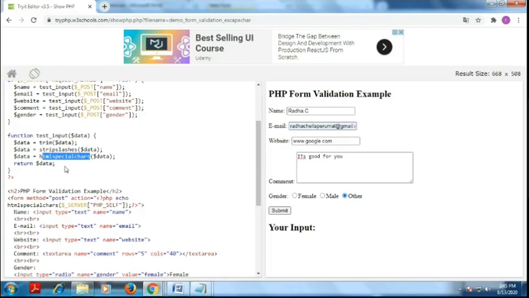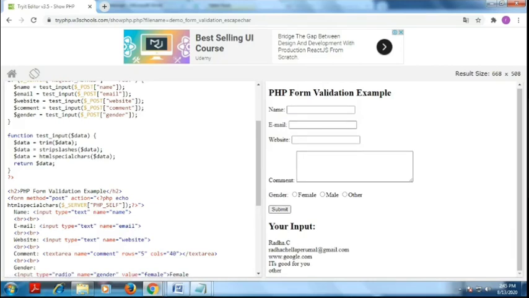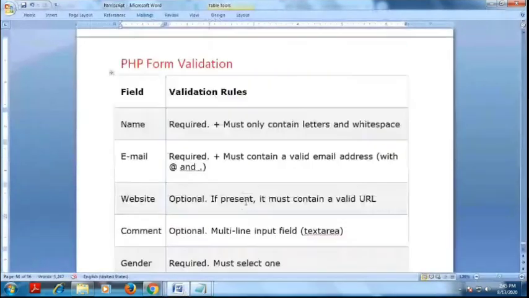Okay, this is the form validation. It's a simple form validation, but my preference is that all of you study JavaScript well. You have to validate the form correctly. Then I submit the button. I get the values from the form itself. It stays in this form only, it doesn't go to another form. What I typed: Radha, email Radha Challapermal at gmail.com, website is google.com. It's good for you all. This is one of the form validations. Actually, I prefer only validating the form using JavaScript. Okay, we will discuss later. Thank you.